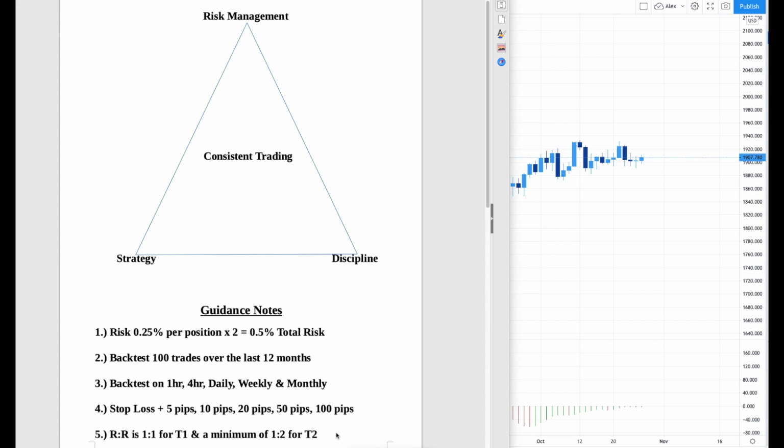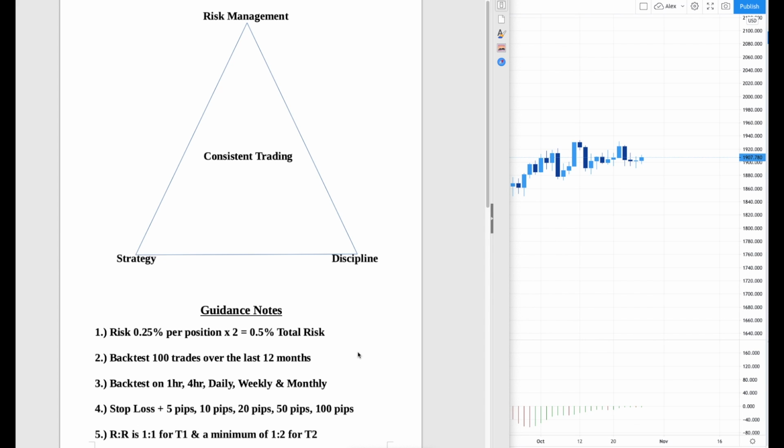Now I'm going to use gold for some examples today. My last trade on gold, my T2 was about 360 pips. So that was a pretty decent target, if you like. I had it set up as a swing trade because with gold I've recently been swing trading it, allowing me to have a larger stop loss. So the stop loss for that trade was 100 pips, and I did actually take some profit a